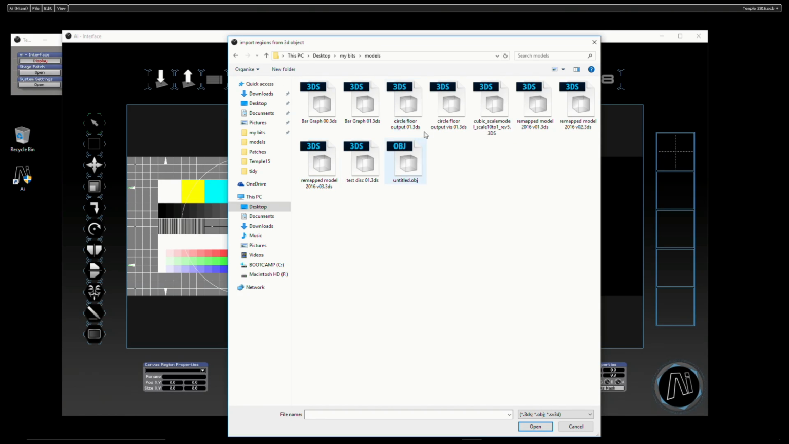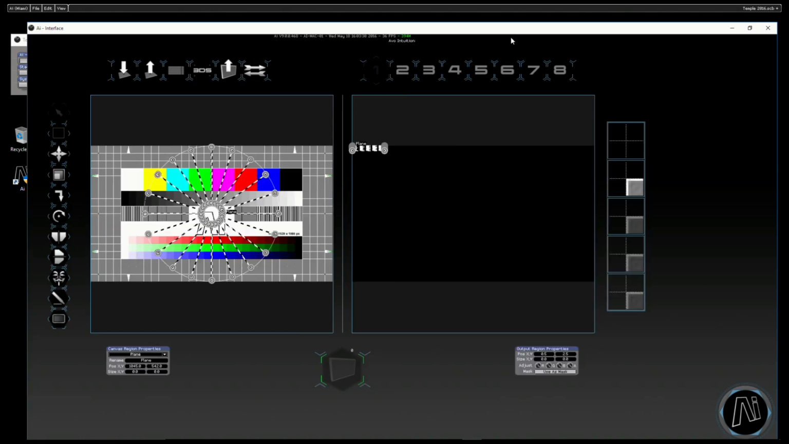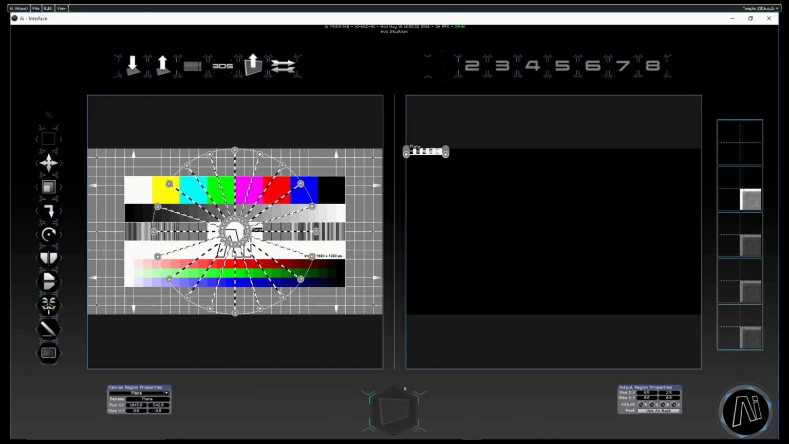So we're going to load circle floor output here, and then we'll use the visualizer model, which will drag onto the fixture so it looks good in our visualizer. So circle floor output, there we go. So you can see already, let's see if we can maximize that a little bit. There we go, you can see it's got those layouts,